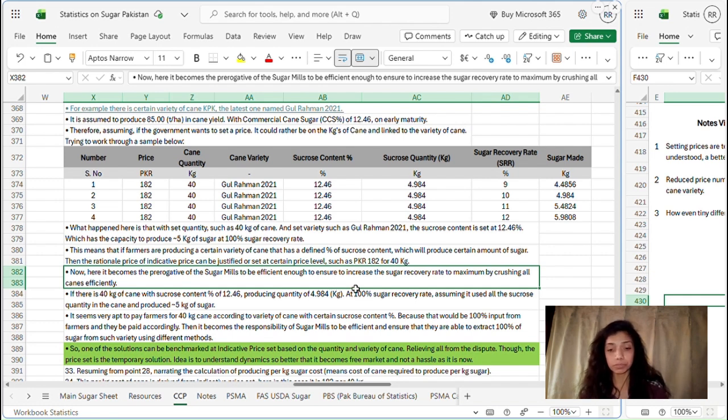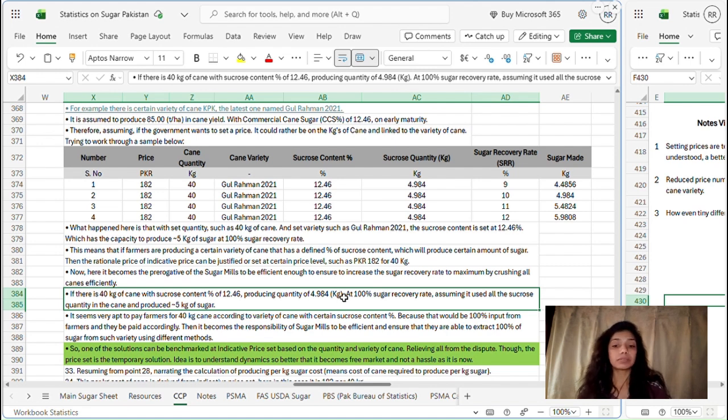Now here it becomes the prerogative of the sugar mills to be efficient enough to increase the sugar recovery rate to the maximum by crushing all canes efficiently. Now, the same concept again: 100 kgs of cane, and if mills crush all 100 kgs of cane to produce 10 kgs of sugar, that is the 100% recovery rate. In literal calculation it is a 10% recovery rate,